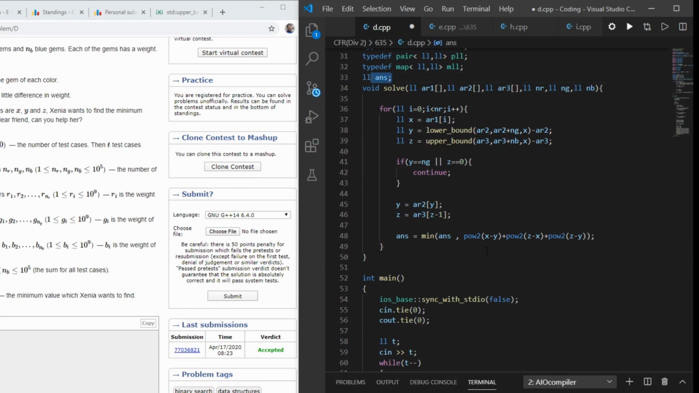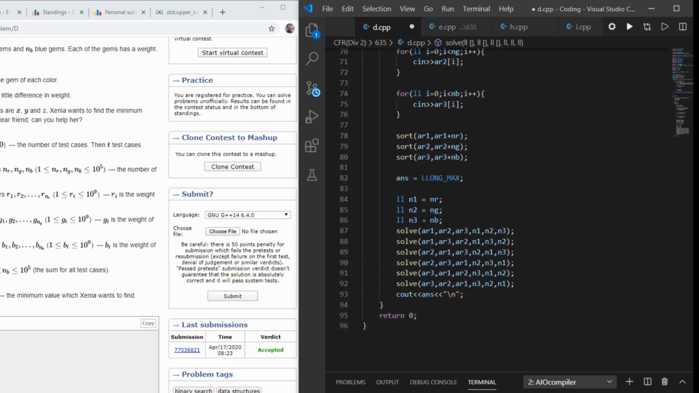For answer, as you can see, I have made it global, because I will make a function solve and find the value of answer in this. Then for simplicity, I mark n1 as nr, n2 as ng and n3 as nb, because I was not remembering what is nr, ng and nb. Then as you can see, for that element